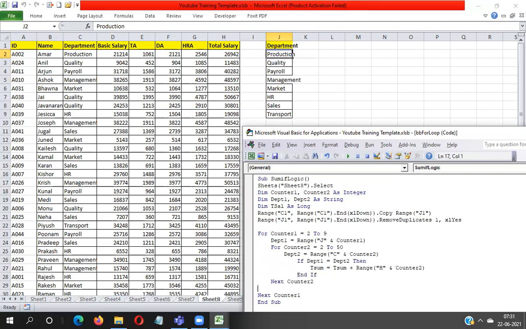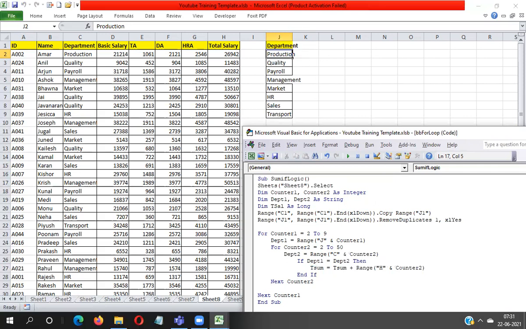Now after taking all the salary, you have to take output into K column. So I need to take output into K column, or we can take output in L column. I'm taking output in K column.